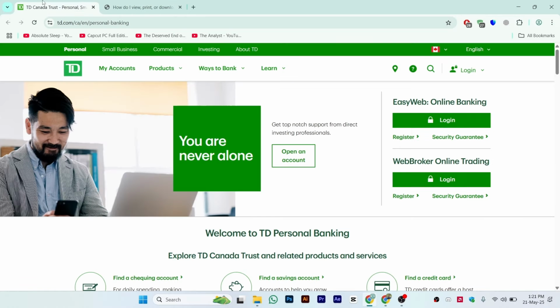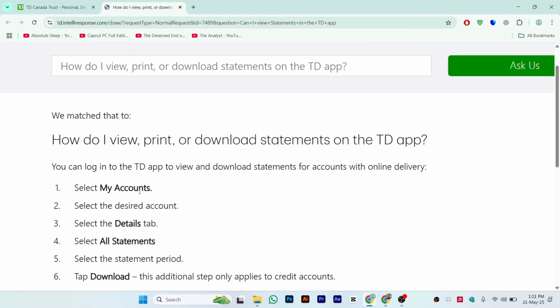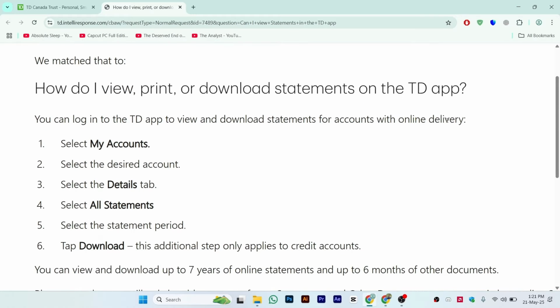So here is the official website, as you can see, td.com, and here is their official help center, td.intelliresponse.com, and they have added this official question of how do I view, print or download the statements from TD app. So as you can see, you can just log into your TD app to view and download statements for